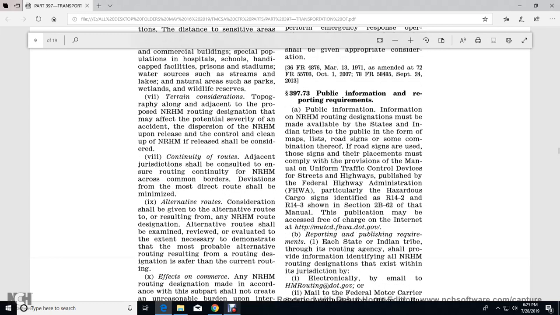397.73, public information and reporting requirements. Public information on non-radioactive routing designations must be made available to the state and Indian tribe and the public in the form of a map, listing, road signs, or some combination thereof. If road signs are used, the sign and its placement must comply with the provisions of the Manual on Uniform Traffic Control Devices for Streets and Highways,